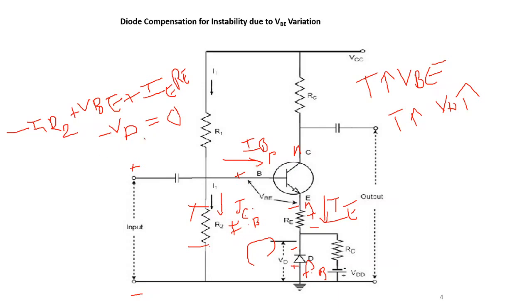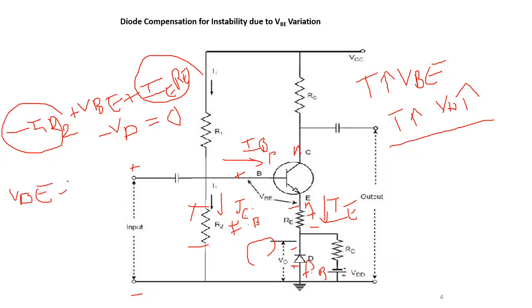This is the case. And we know that the R1, R2, RE resistances will not change with respect to the temperature. So we can neglect these. Almost every time this is going to generate the same voltage drop. No need to consider it with respect to the temperature variation phenomena. We are mainly concentrating on the temperature variation phenomena. So the remaining voltages are VBE minus VD equal to 0, right?